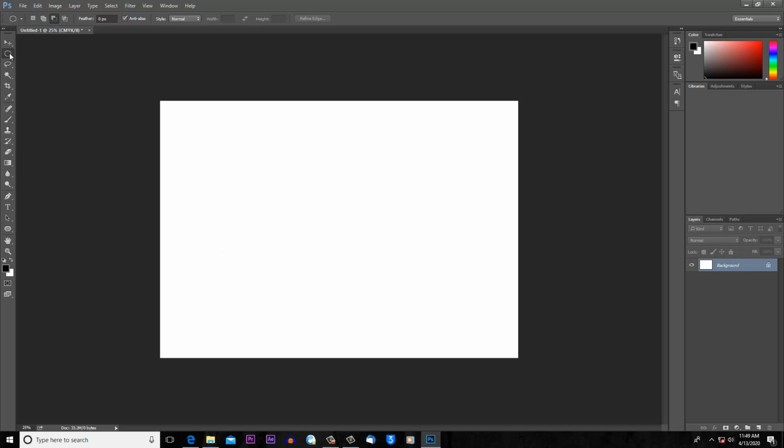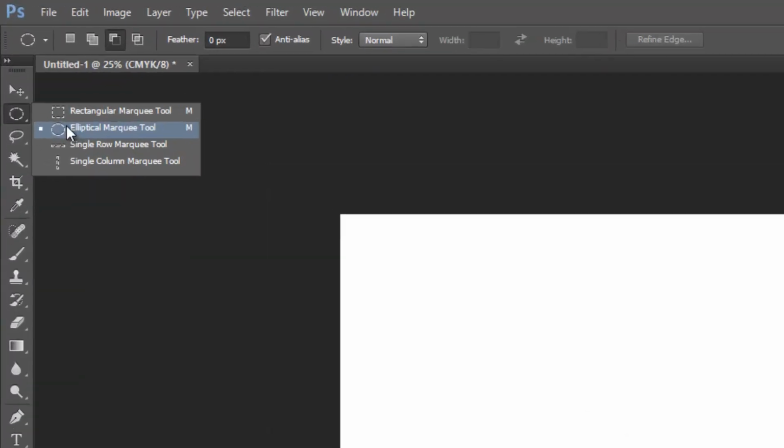We're going to focus more on these tools that are here, mostly the rectangular marquee tool and the elliptical marquee tool. These are very interesting selection tools. You can use them or combine them with the quick selection tool and do more interesting selections.